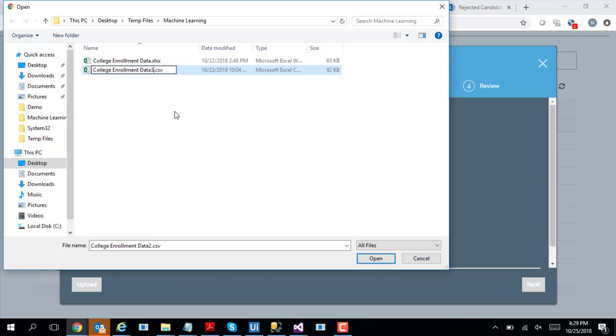What this file contains is college enrollment data, based on historical data, showing that people with what kind of grades and family income and regions and previous colleges have been selected in a course, and intelligently it will predict whether this candidate is eligible for being admitted into the new course or not. So I'm going to actually use this, and just in case you are curious how this looks,